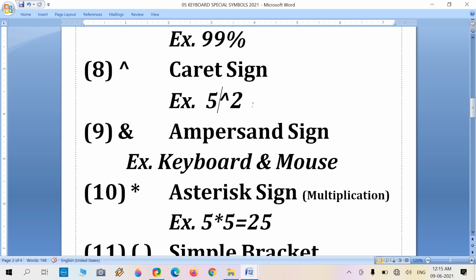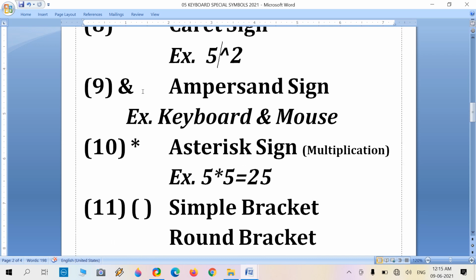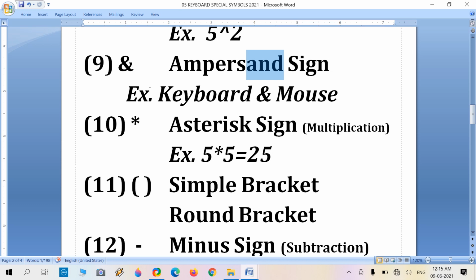This is the and sign, we all know, but the actual name of this sign is ampersand. Ampersand contains these three characters: A, N and D. We all know this as the and sign, but the full name is ampersand, for example, keyboard and mouse.